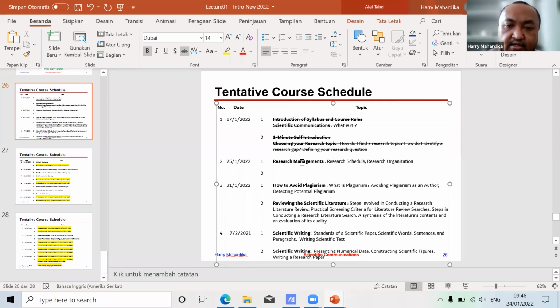So since we are done with how do I find a research topic, and then how we define our research question, and then how we give directions to our research, on Thursday we could talk more on research management and also how to avoid plagiarism,